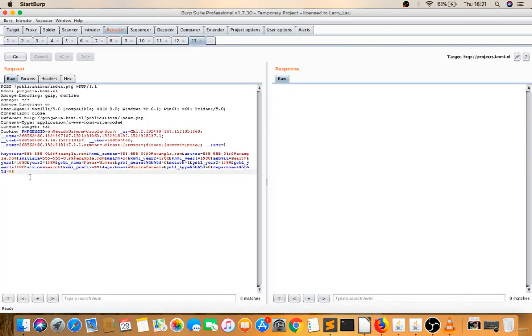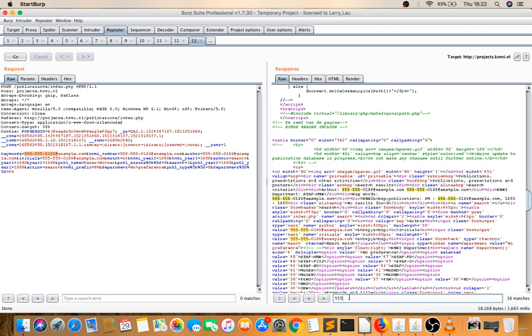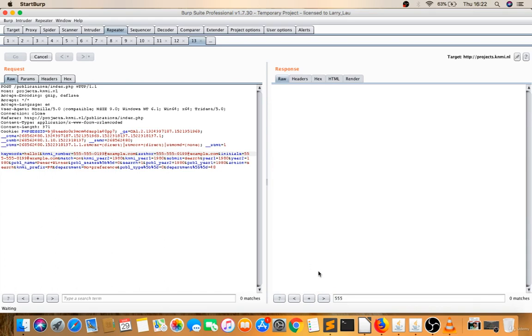See, there are many parameters. It depends on how you are going to search. Either you can give hello one, or you can search their input itself, like 555. I'm seeing 555. Let's search this 555. So yes, we are getting 555, and I don't know which 555 you are getting. So I'll give hello one now. Let's check whether hello one is reflecting or not.